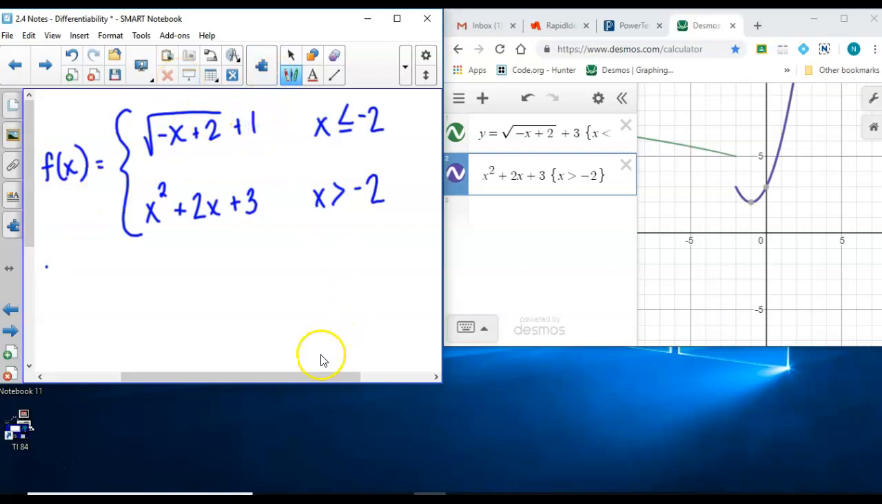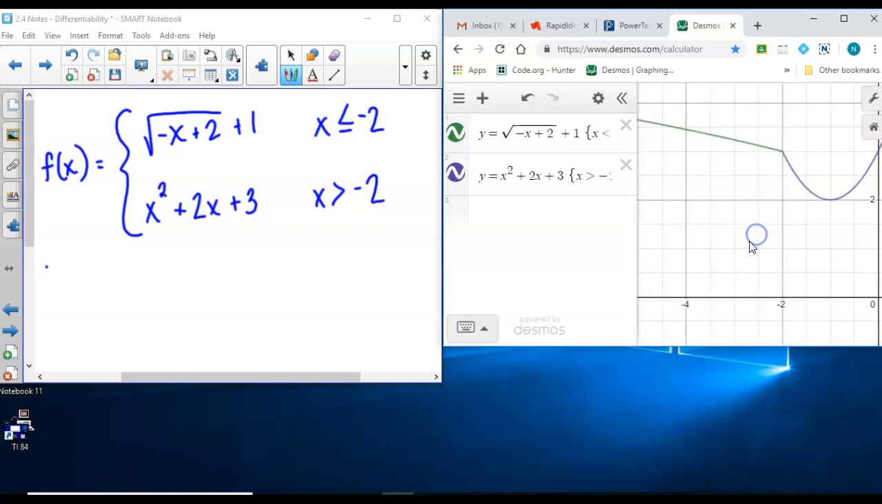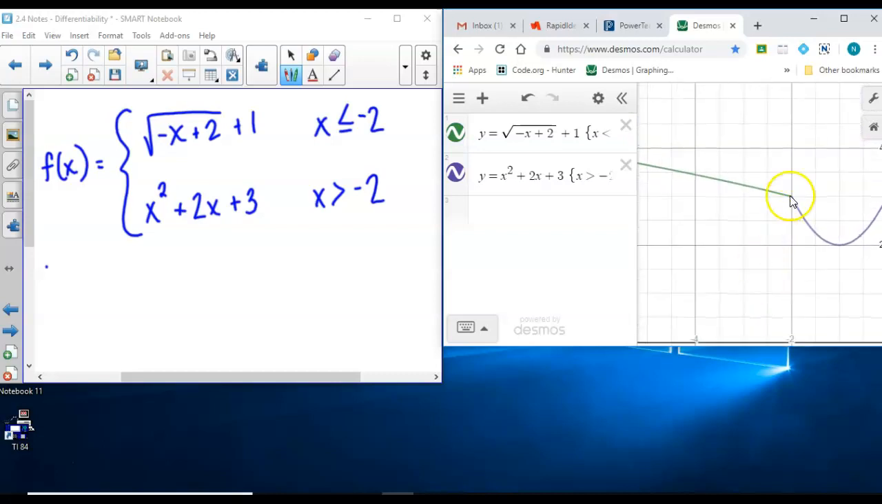So if I did a plus 1, then you can see that it'd be connected there. So in this case, I can tell that it's now continuous. Is it going to be differentiable? It's not differentiable at this point, because you can just see